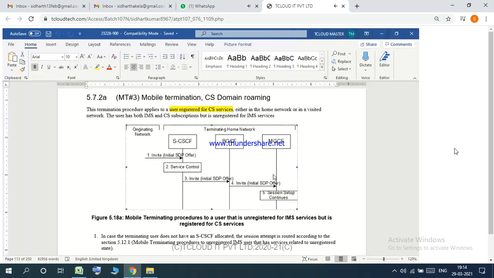It is arriving to the IMS network, and because the other guy who is making a call to you is calling on your IMS public user ID or IMPU. When the call is made on IMPU, if it is not made on your MSISDN number, it will be considered as an IMS call. But once it arrives, the IMS network is detecting that this user is temporarily available in CS network, or the SCSCF might detect that this guy is